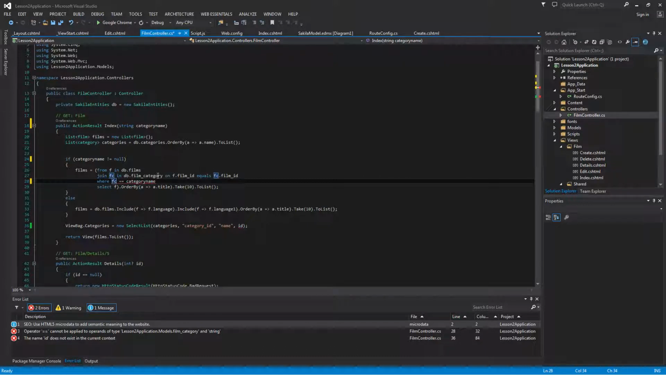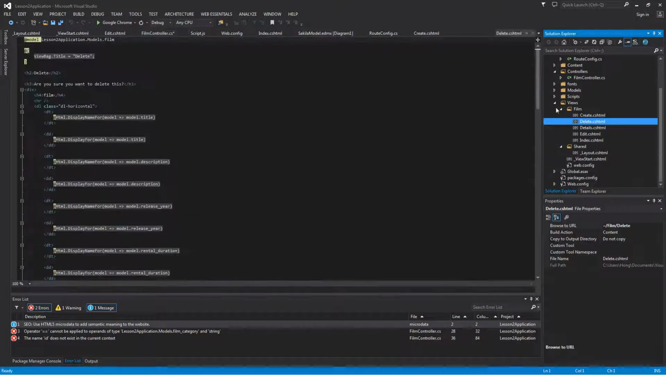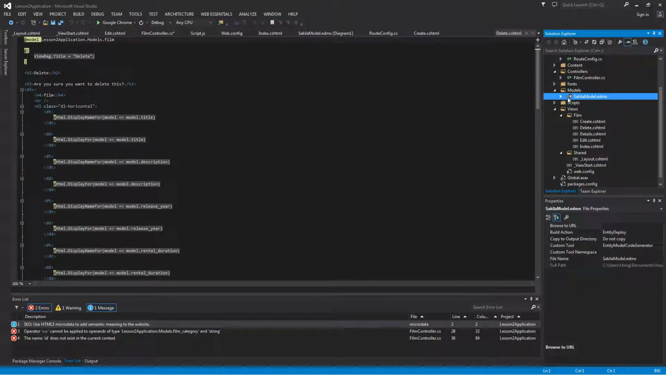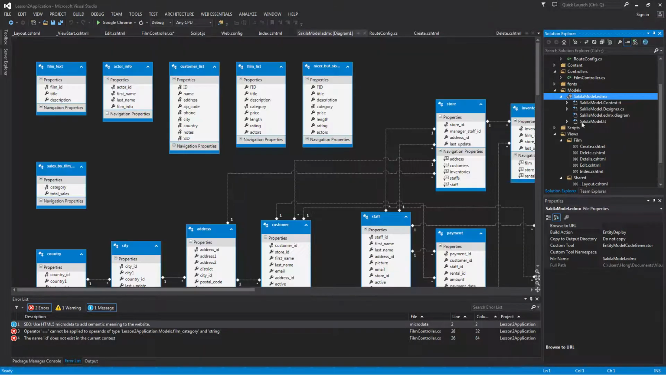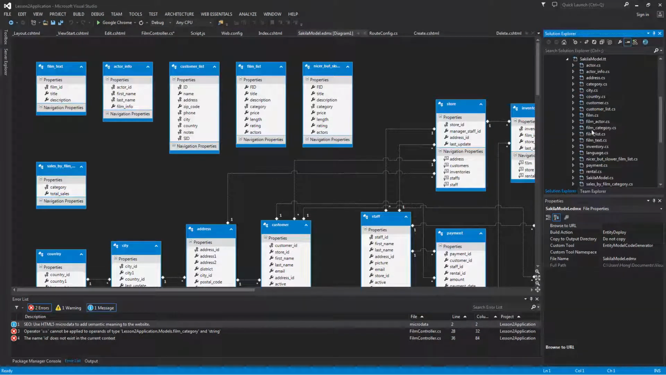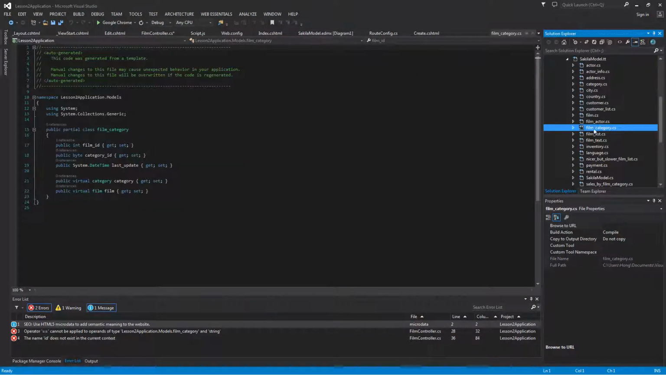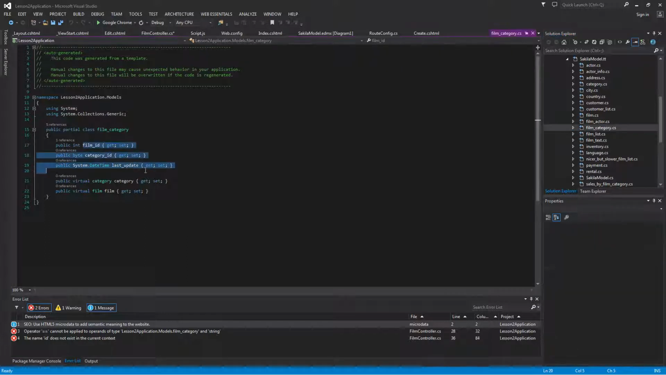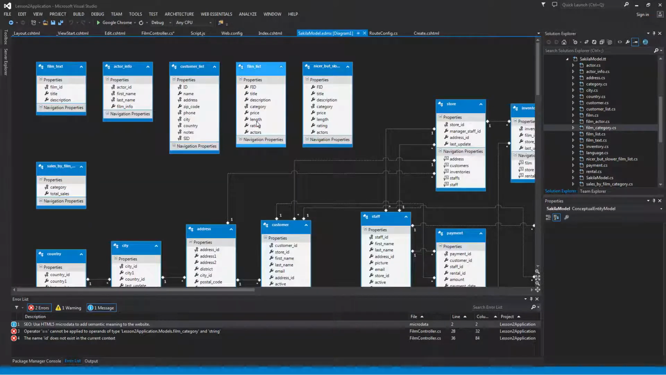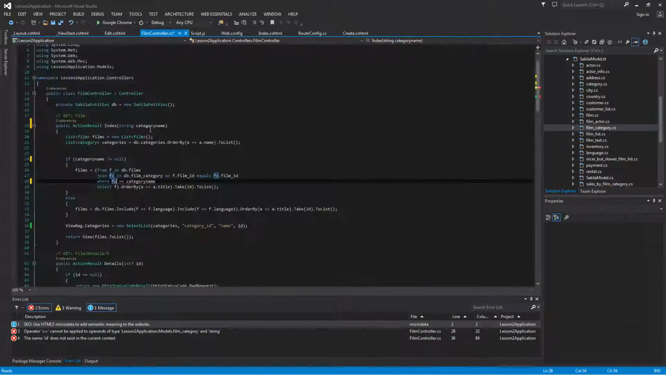If you explore a little bit, if you go into the film category, let's say, where is it? It's in models, .tt. We can do it here, but I'm just going to show you from the class level. Film category. There is no name in there, so how can you go about finding the name? Well, in Entity Framework rather,